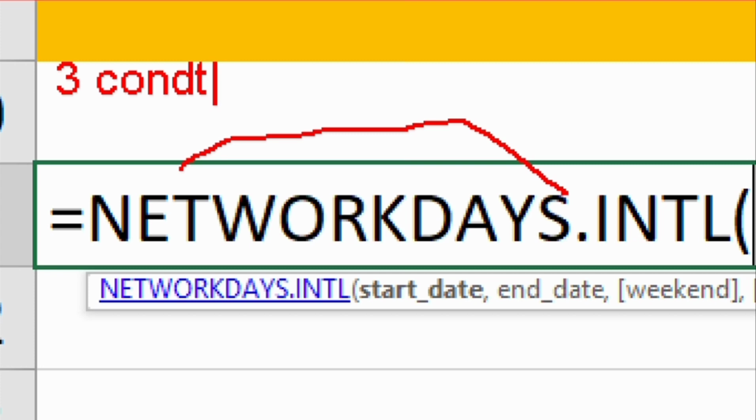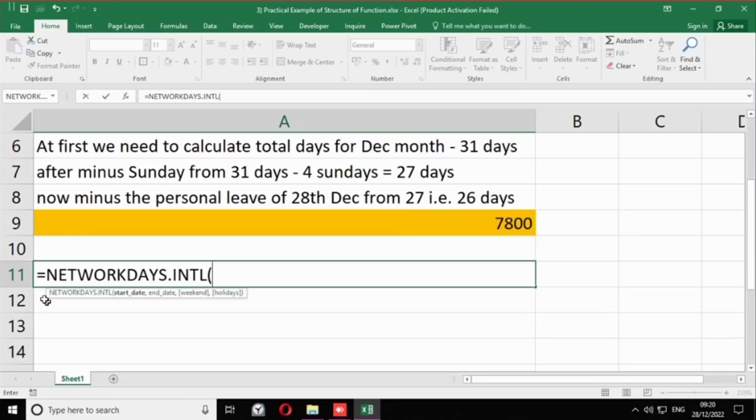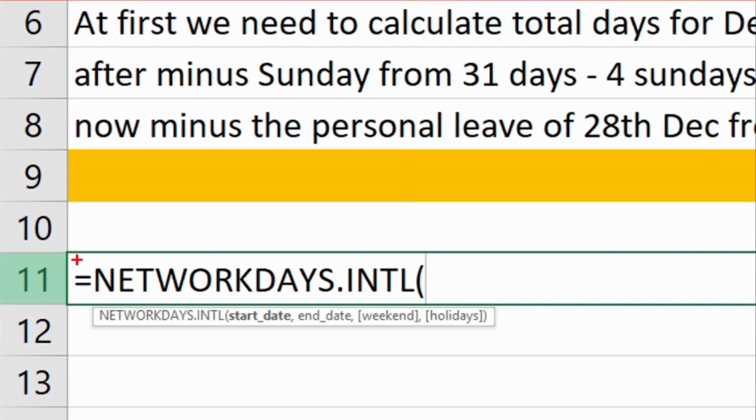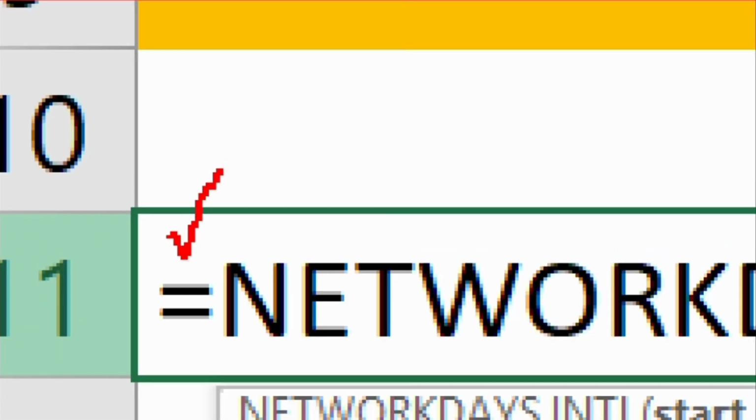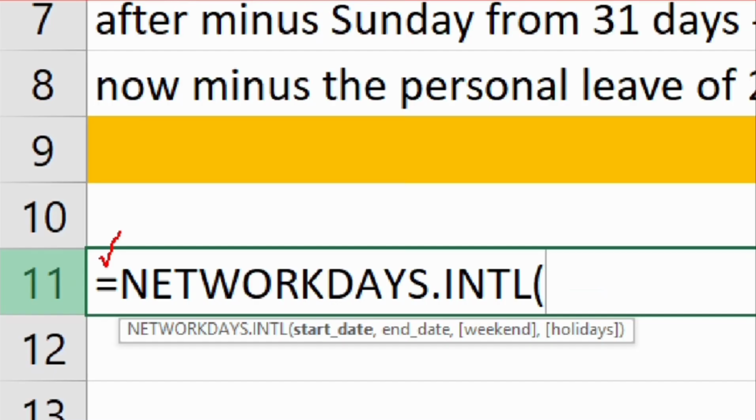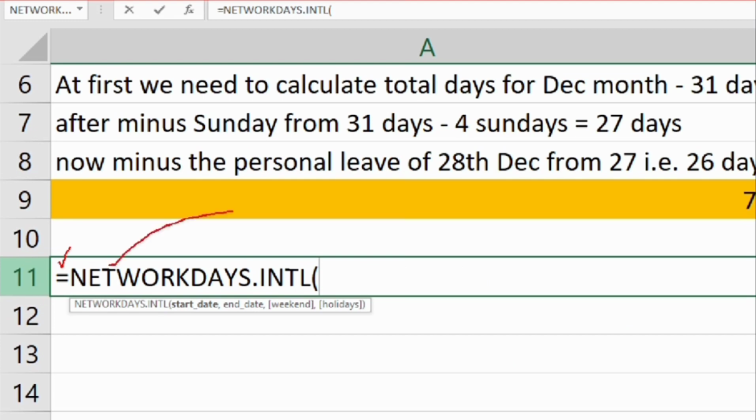First, every function starts with the equal to sign. Second is the function name, which I have put down, and the third is the opening bracket. If you remember that video, the first 3 conditions are the equal to sign, then the function name, and then the opening bracket.